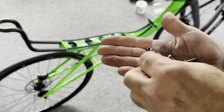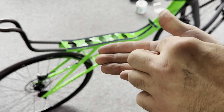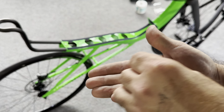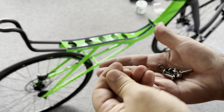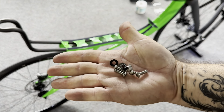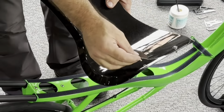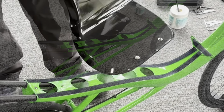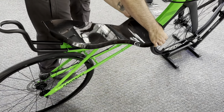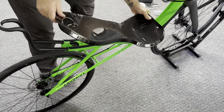All right, we've got our seat hardware out here. We're going to take everything except for two M5 nylocks. Those are extras. We're not going to need those at this time, so we're going to set those aside, and we have the rest of our hardware right here. Now we're going to take two of the bolts with washers and put them through the hole. Then I like to hold this, line it up, and insert those bolts right through the holes. Keep the back of the seat up,